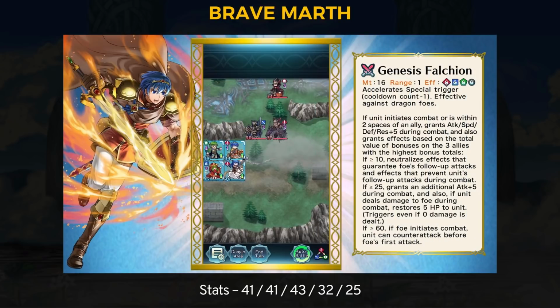To differentiate himself from the 3 other sword-wielding Marths, Brave Marth has an entire book for his Genesis Falchions description. For the basics, it accelerates specials and is effective against dragons. If Marth initiates or is within 2 spaces of an ally, he also gets a general +5 stat boost and will get 3 possible effects based on the total number of bonuses on 3 of his allies. Essentially, Marth gets more